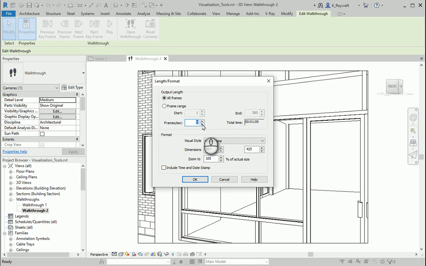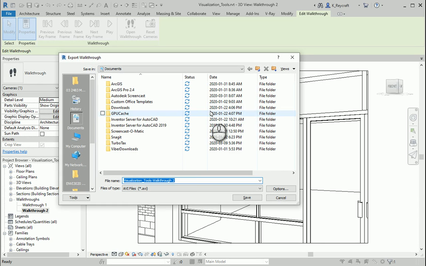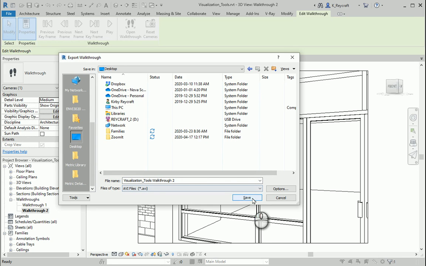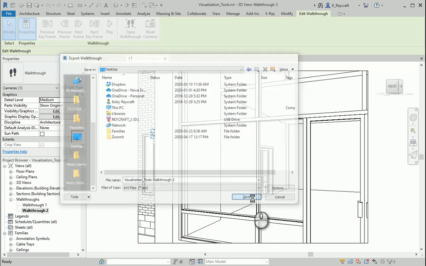Let's try it out. We can define what the visual style will be, so let's do shaded with edges. We can modify the dimensions of the screen itself. We can include a date and timestamp. If we click OK, it's going to ask us for a name and a location to save it. I'm going to throw this just on my desktop, which makes it easy to find. When I click Save,